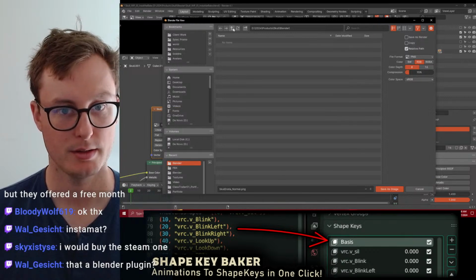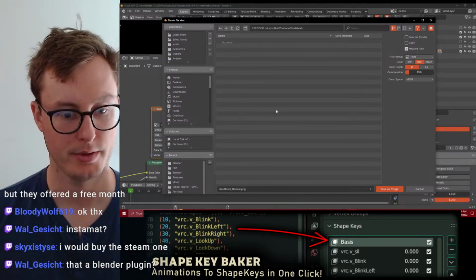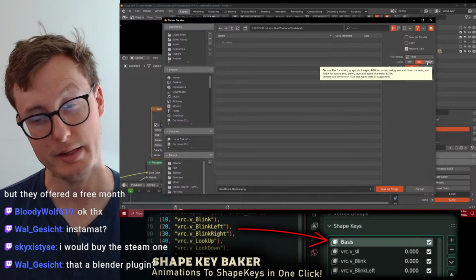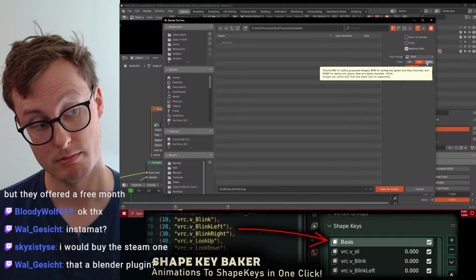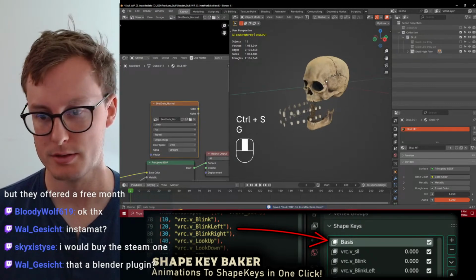I'm going to save it, I guess, in this folder, InstaMat. I don't need RGBA, so I'll leave it out. Okay. Then we do this.